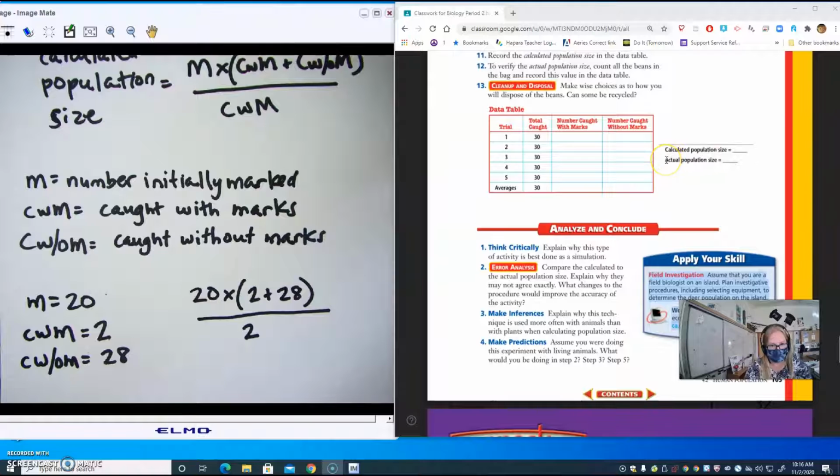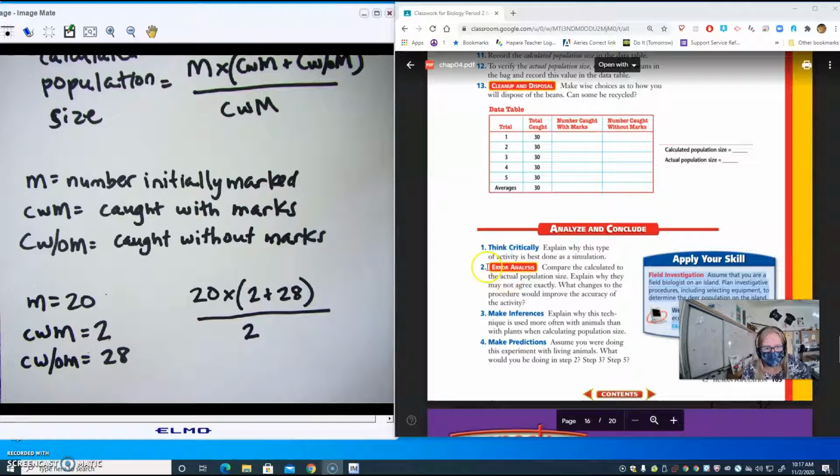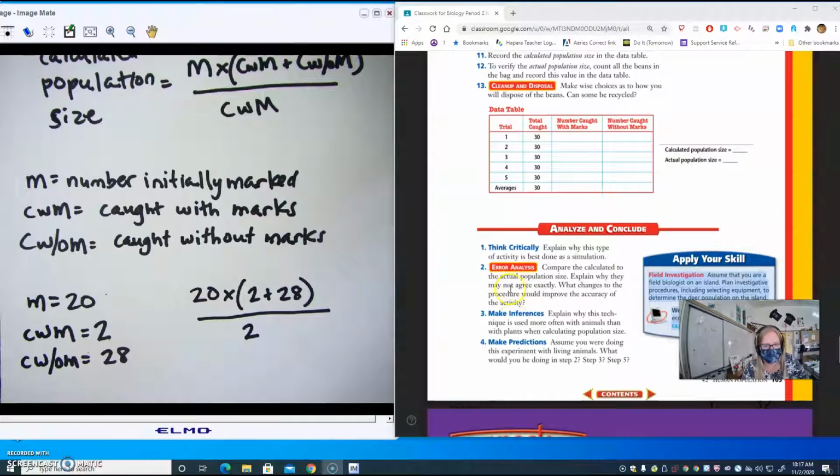The next question, you're going to need to record on your Google Doc or on your handwritten paper that you're going to take a picture of and upload for me. You're going to actually count all the beans in the bag, right? And see how off you were or not. And as you go on in science, you'll be able to calculate errors and stuff like that. We'll do that in chemistry, but we'll just stick with this for now, okay? So you're going to answer the questions and then compare the calculated to the actual population size, make some inferences,